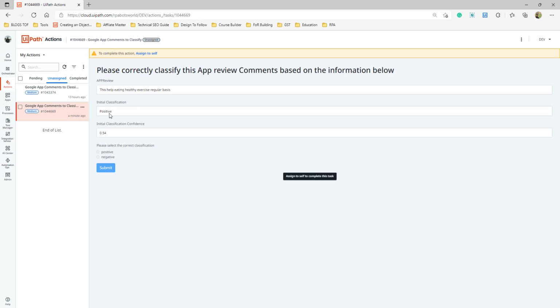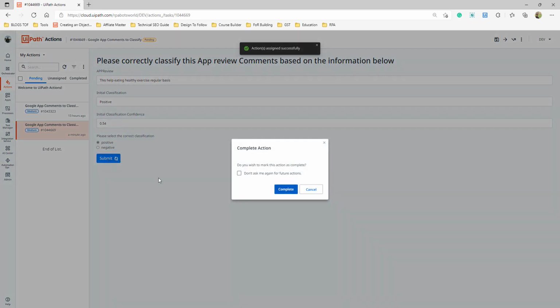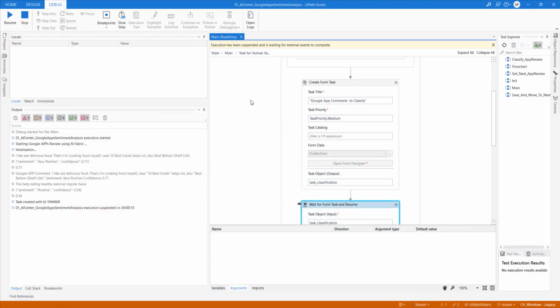It's saying it's positive, but the classification score is low. So on the basis of this, you should be able to say, oh no, this comment is good. It will come to pending, and now you need to select positive and then submit it. Once you submit it, an event will occur and it will send that detail to your Studio, but it will not resume as it is because we are running it in Studio. So we need to resume it manually. But when you run in unattended mode, I'll run it from the orchestrator. I'll showcase that as well. So don't worry about it.